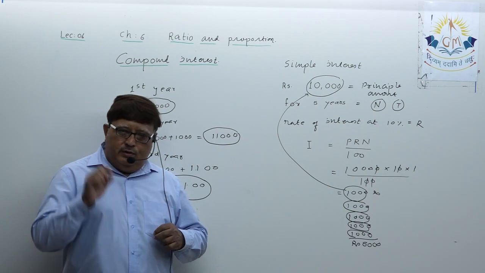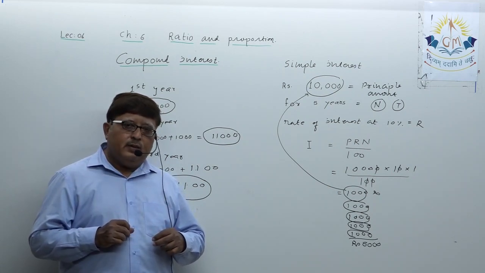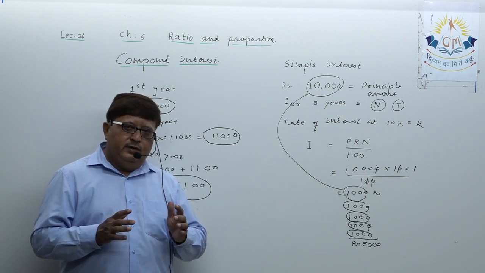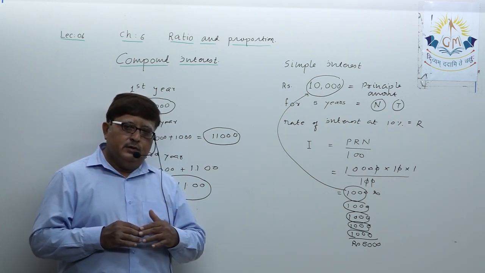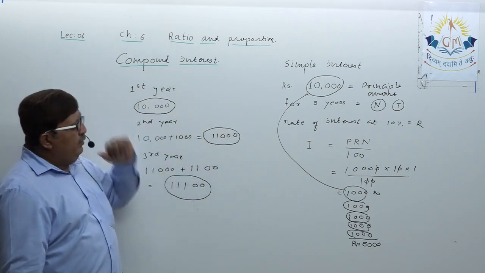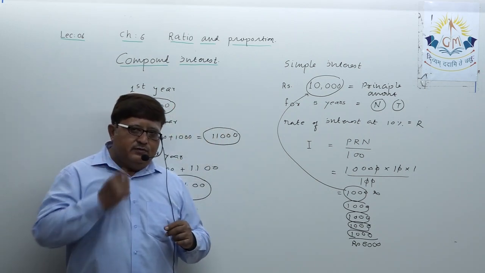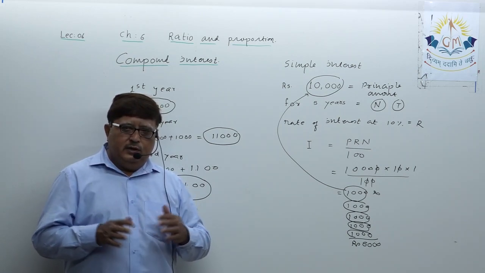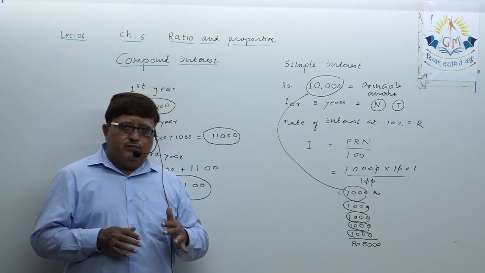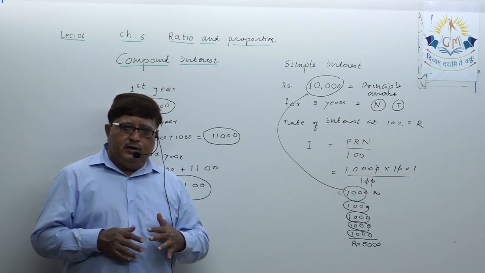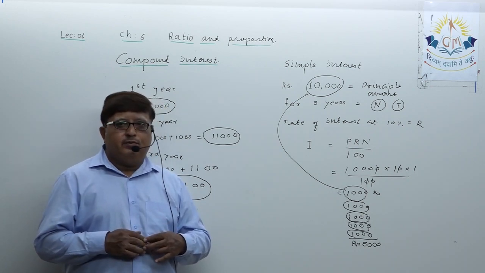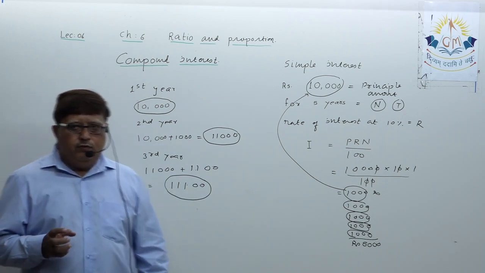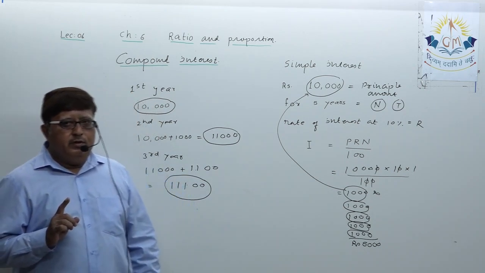Understand? In the textbook they have given the formula of finding amount not in simple interest but in compound interest. Before utilizing that particular formula, I will discuss with you how this formula is derived. That's very important. Understood? So before we move to the derivation of that particular formula,